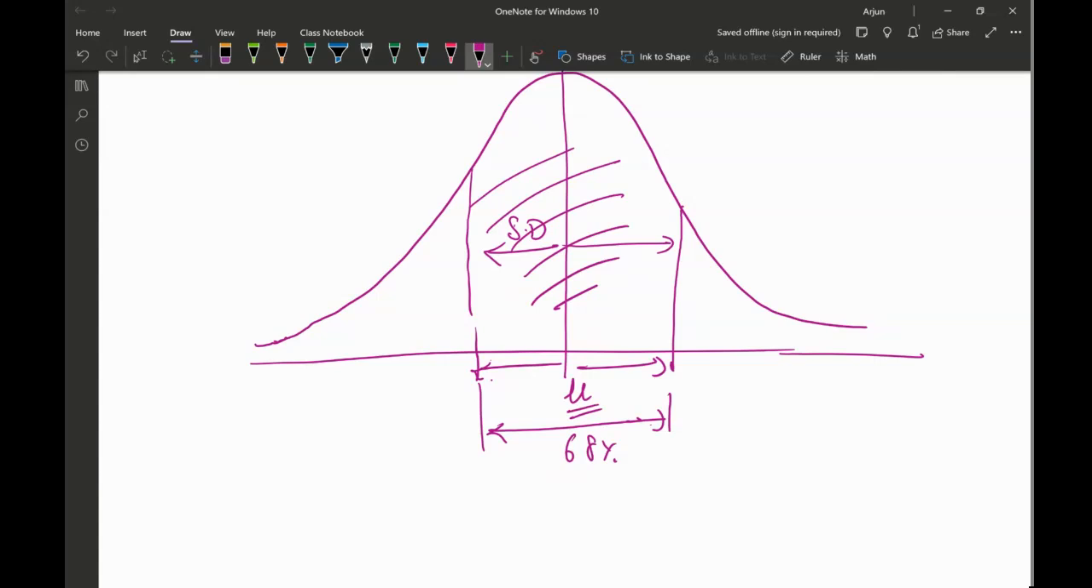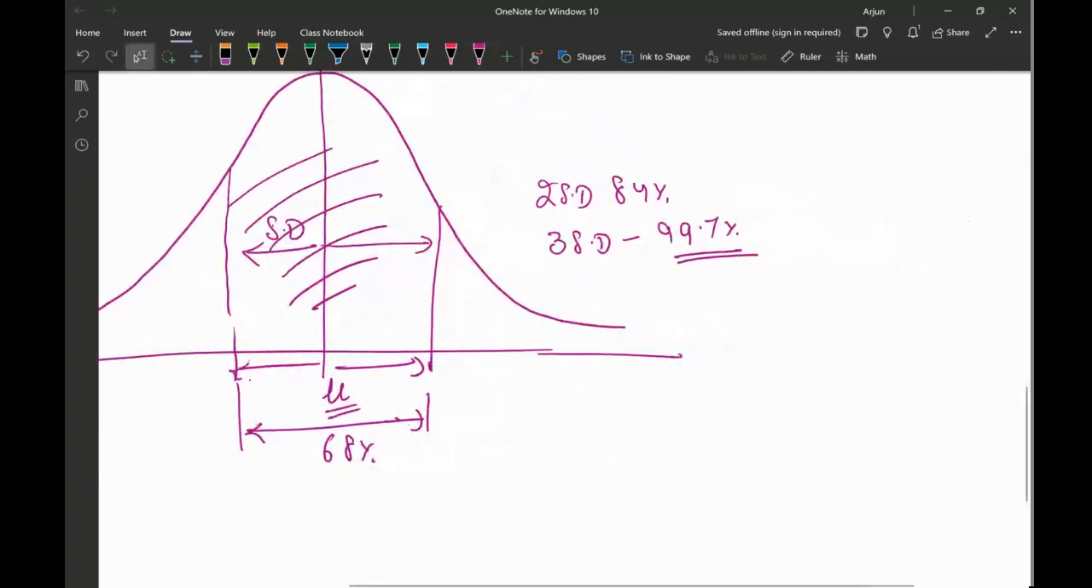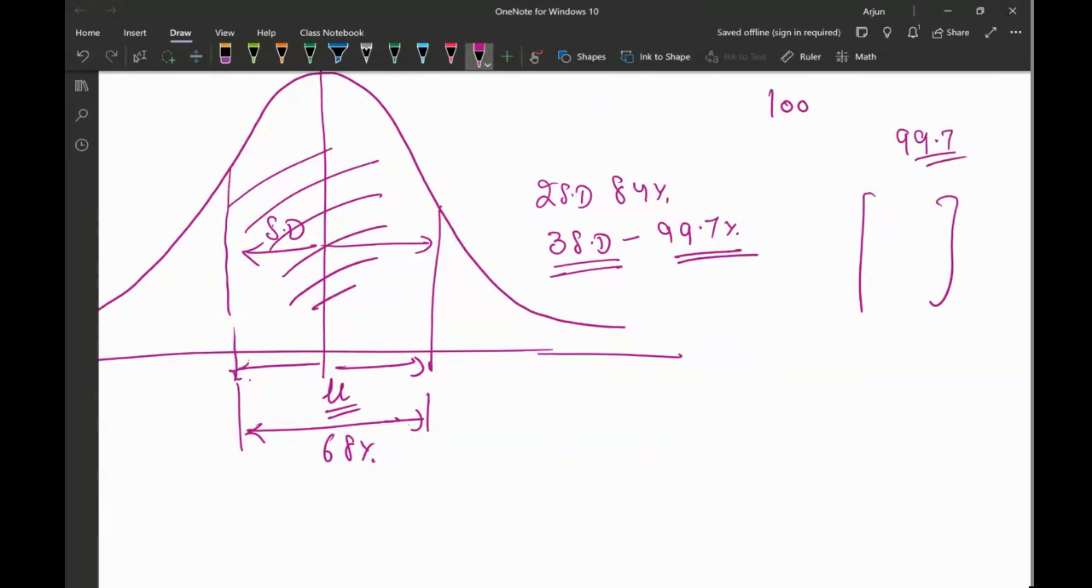And then two standard deviations will account for 84% of the data, and three standard deviations will account for 99.7% of the data out of 100%. So within three standard deviations, it will encompass 99.7% of the data. If there are 1,000 data points, 997 data points will be within three standard deviations